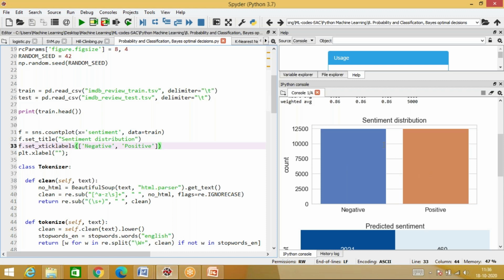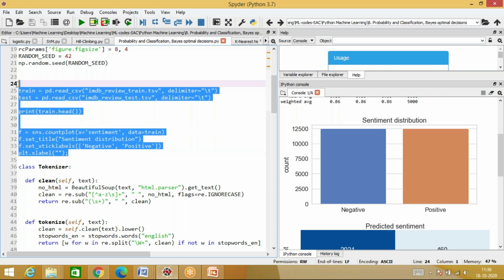Now over here, out of 25,000 values, exactly 12,500 are positive and exactly 12,500 are negative. But guys, obviously practically it may not always happen like this. So whatever is easier to understand, accordingly the data has been given to us. But out of 25,000 entries that you have in your data set, 12,500 are positive and 12,500 are negative. So if you ask me what I have done till, say, line number 34, all I've done is I've written some imports, I've opened the file, and I've displayed the current sentiments that are there in the data. How many of them are positive, how many of them are negative.